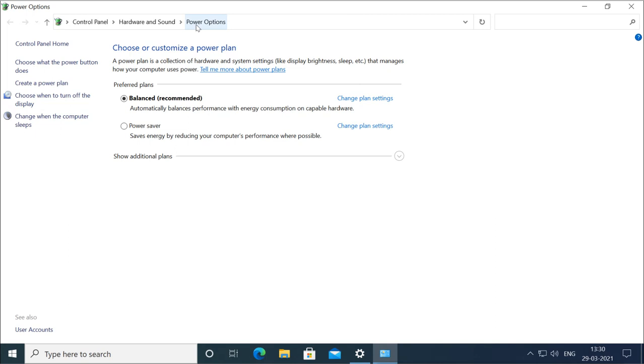When you go to power options, you have these different plans. You have the balanced plan, which is recommended, and by default you can go for the power saver plan. Additionally, you can go for the high performance plan, and also you can customize these default plans, meaning these are default with the default settings. You can customize these plans by using this setting.